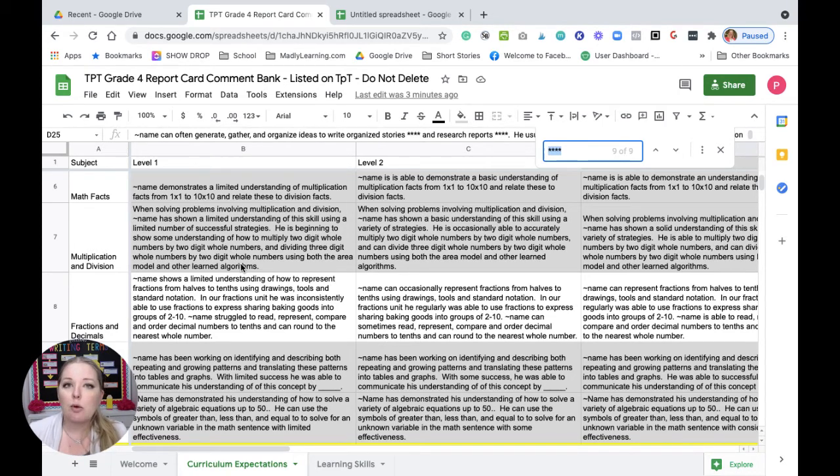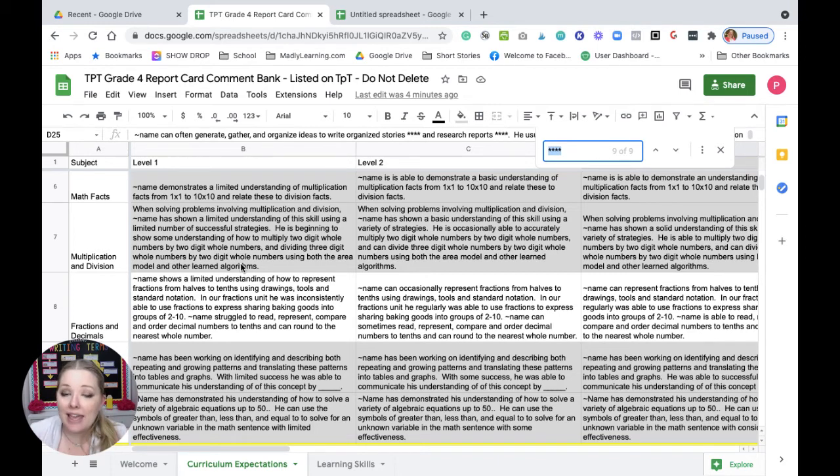Now, with the report card comment bank that we use, we can't actually tag our comments to specific students. So what I end up doing is look at the most common grade that my students have. So typically that's going to be a B. Every student in my class gets the same B comment. So I fill it into one box and I leave the blanks for the specific examples that I'm going to go back in and add. And then I apply that comment to every student in my class.